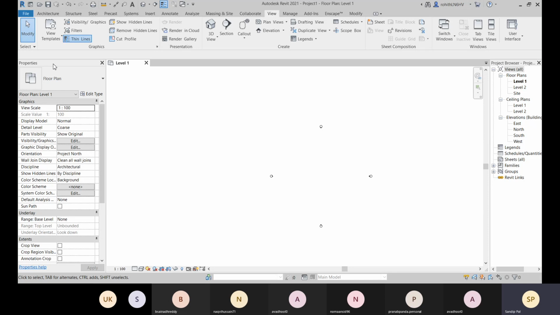And we have the properties. All the information will be highlighted here. You see that even for this floor plan, which is right now the floor plan at the default level.